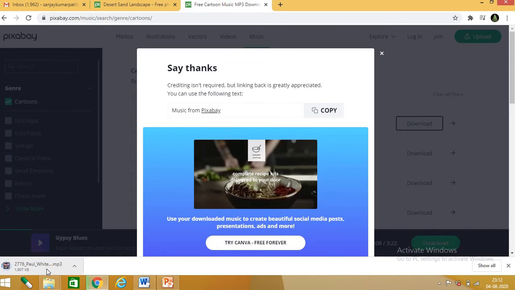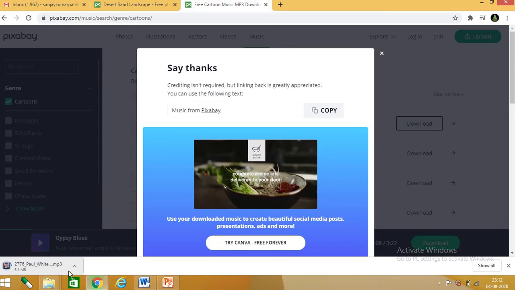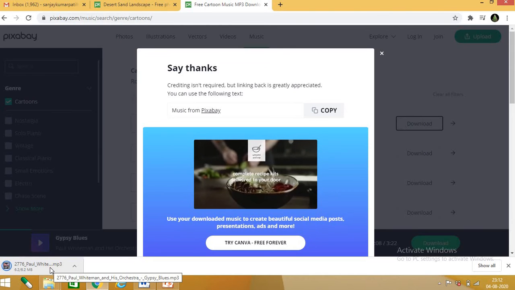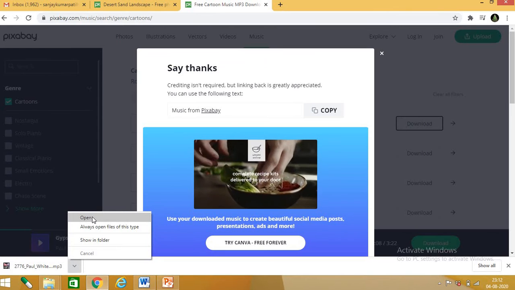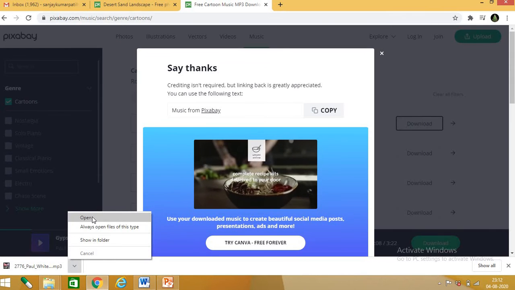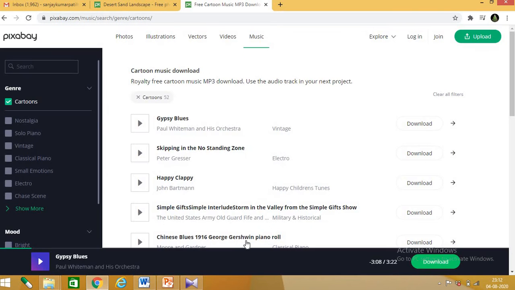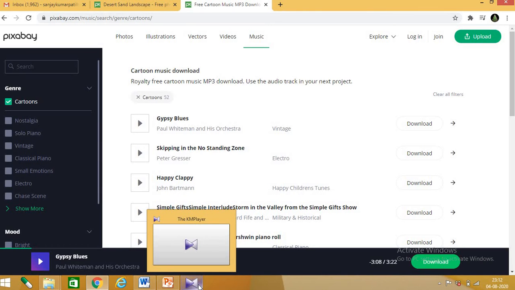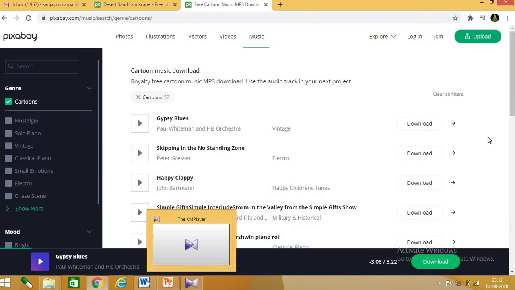See here, the music is going to download. So you can open your folder and you can play it in any player whichever you are having, Windows player, KM player.